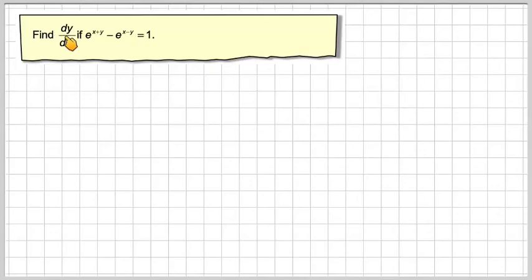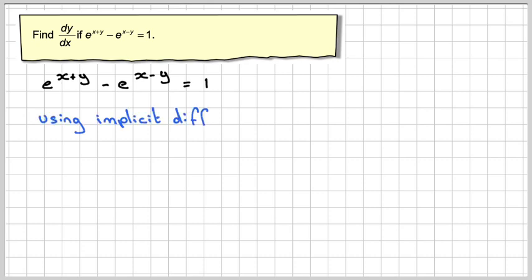Find dy by dx if e to the x plus y minus e to the x minus y is equal to 1. So we'll just write that out to begin with. Now, the problem is we've got e to two different functions, a function of x, a function of y. But if we use what's known as implicit differentiation,